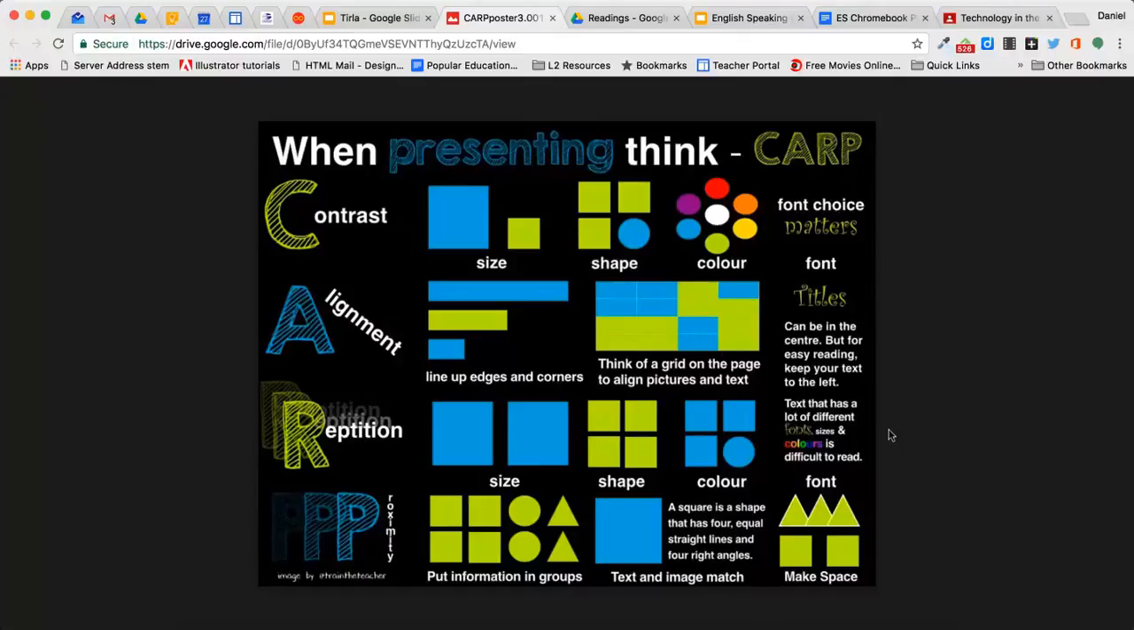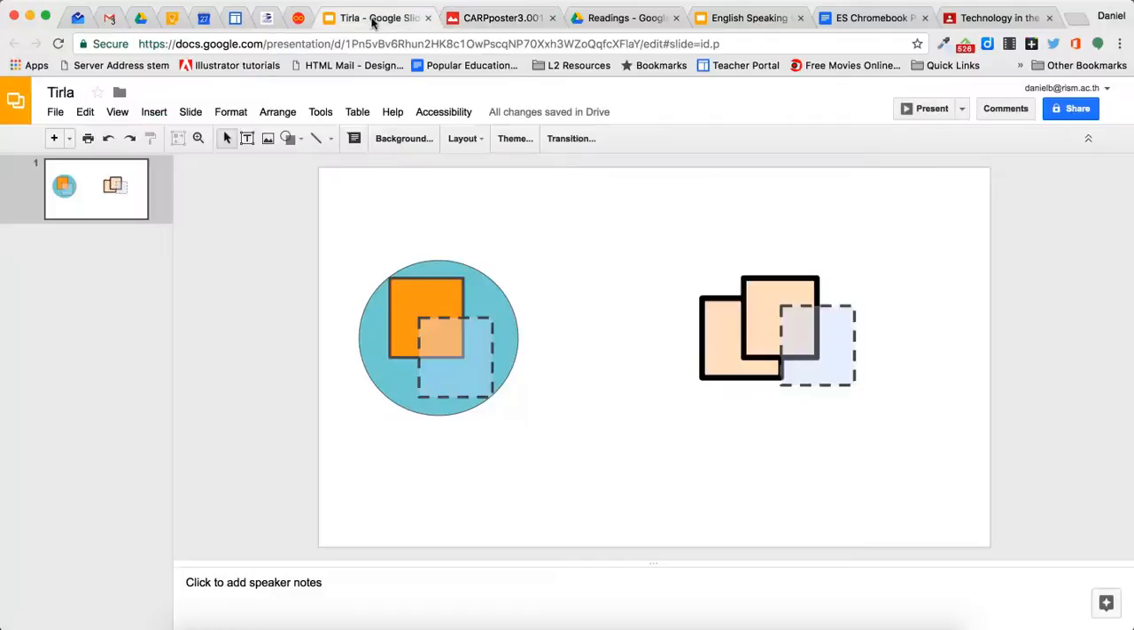Another presentational concept to keep in mind as you design your slides is the idea of repetition. Now, repetition obviously comes with size, shape, and color. So let's go ahead and go back to our presentation here, and we'll notice that we have our